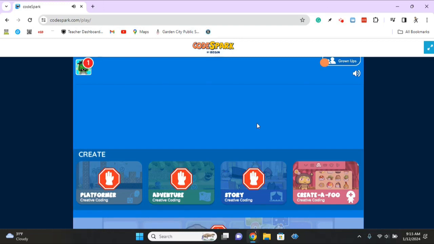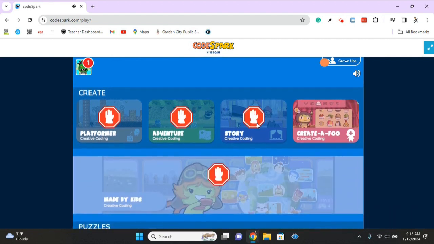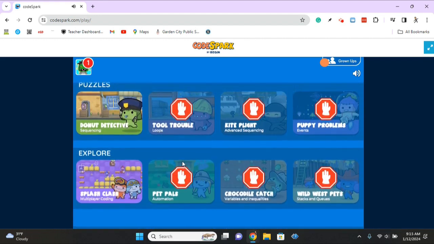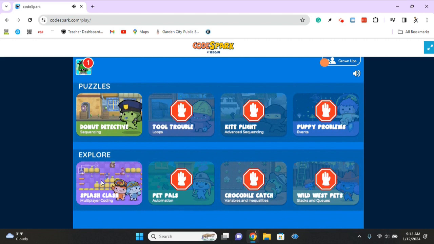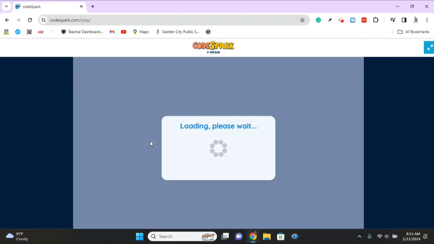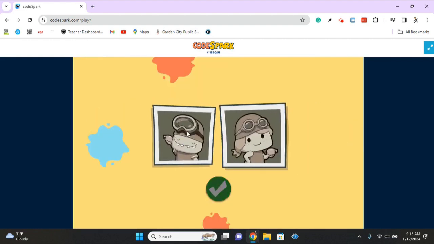All right, so we just logged into CodeSpark, and I'm going to show you how to go in and do the Splash Clash tutorial to get into Splash Clash. So we scroll down past the puzzles where we would go into Donut Detective, scroll down past there to Splash Clash. Click on that, takes us into Splash Clash,